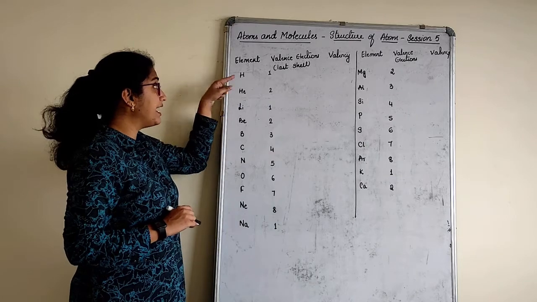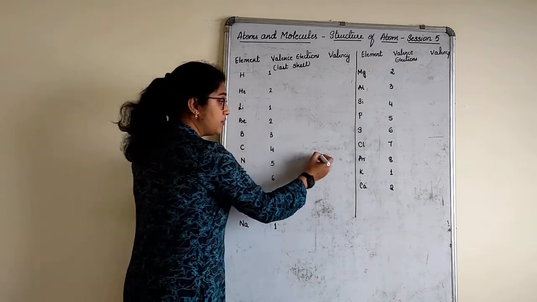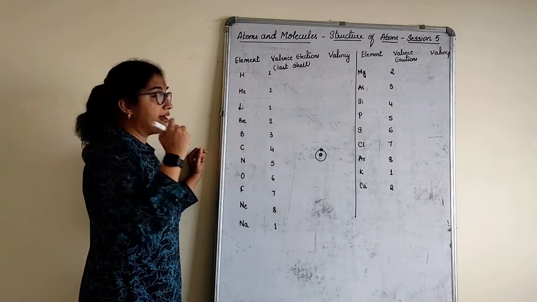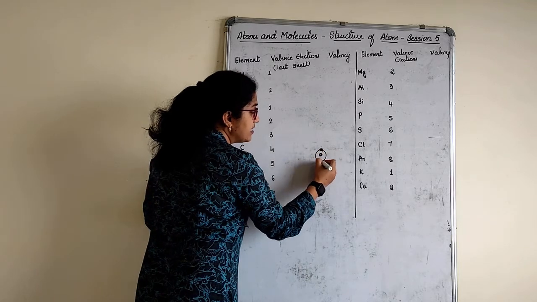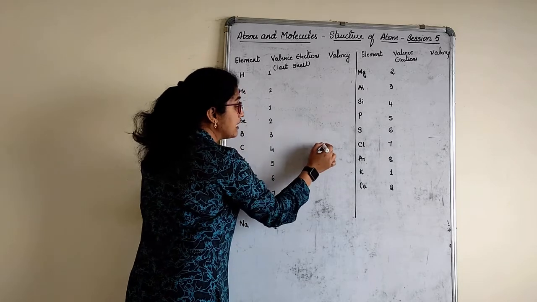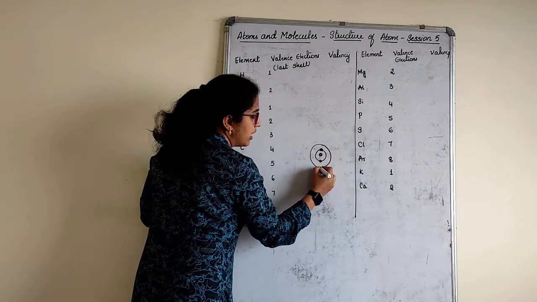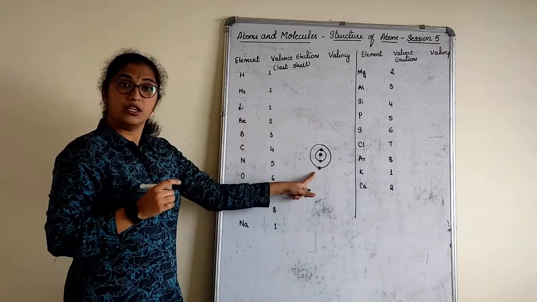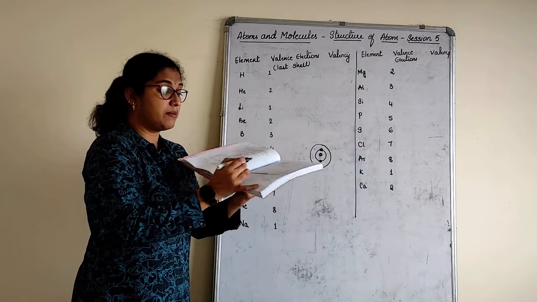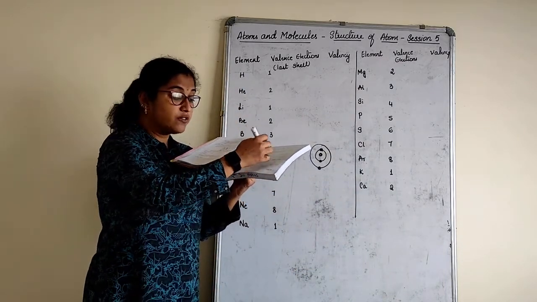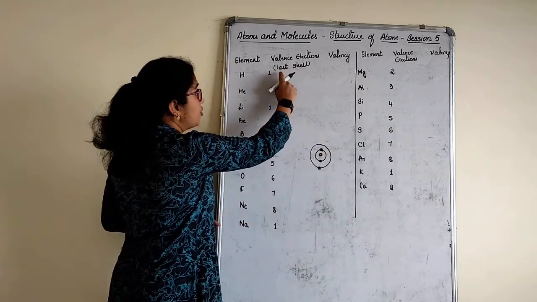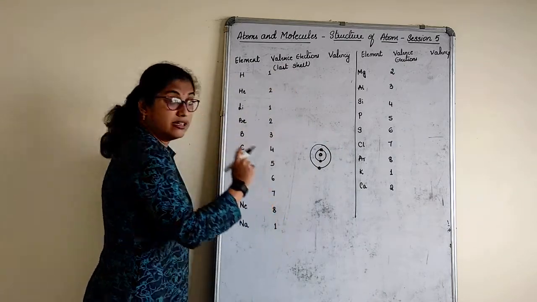Now for example, in hydrogen, when we do the electronic configuration, the last shell has only one. Helium has two, right? When I come to lithium, lithium's atomic number is 3, right? So in the last shell, how many will come, children? One will come. Got my point? Whatever is your last shell, when you write in this table K, L, M, N, whichever is the last shell according to you, write it as valence electrons, the last shell.